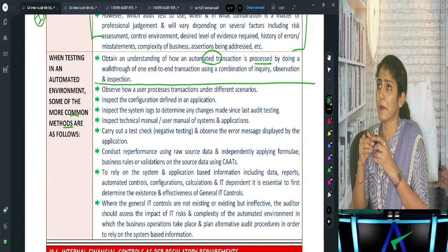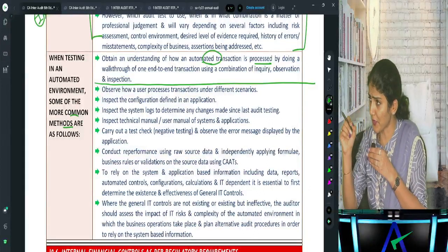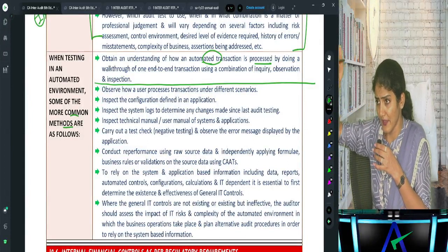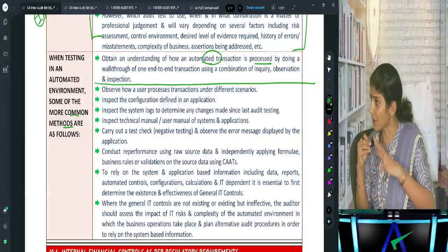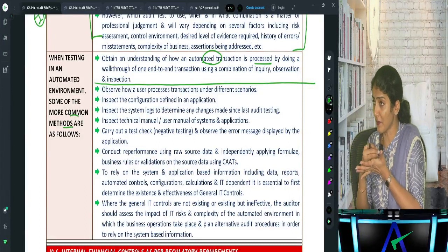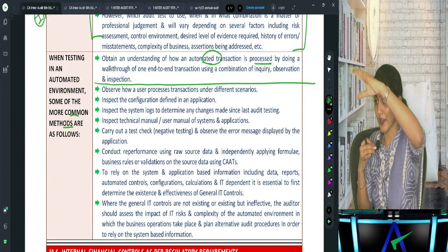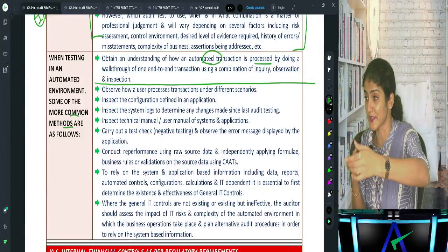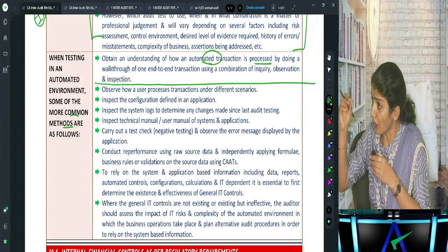Like, say if I place an order on Zomato, right? Say I go to Zomato, search a restaurant over there, and then I place an order. Obviously, is it automatically processed? Is it automated, or is there some person sitting over there? No, it all happens with the help of computers only, right? You place the order, then it says your order has been received, then your order is yet to be accepted by the restaurant, then it says your order has been accepted, your food is being prepared, your food is out for delivery, reaching your doorstep. You understand? You see the entire process. So first you have to understand the automated transaction.